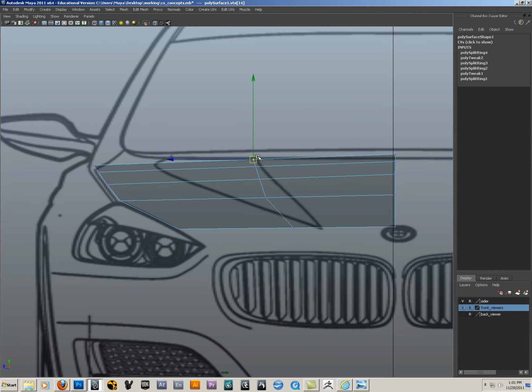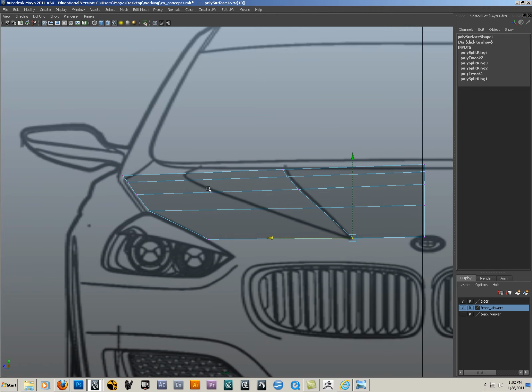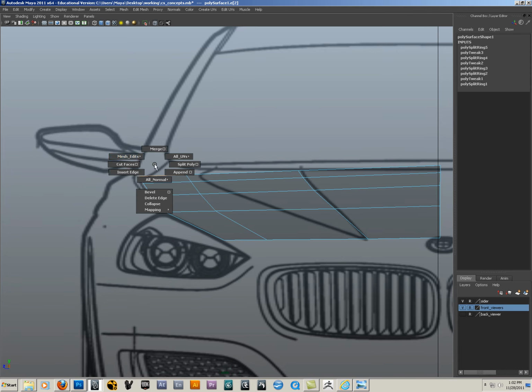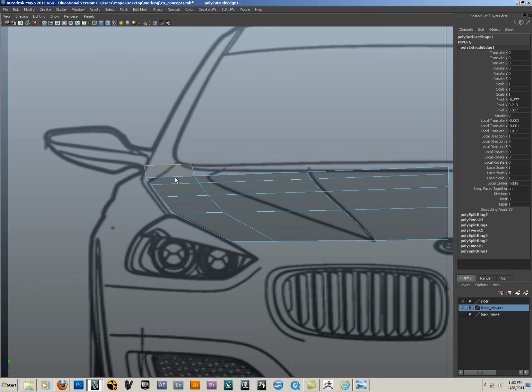Because of the line of interest, I know there's an action going on here, so I'm going to just follow it and break this contour to match that line of action. Like that. I'm going to insert another one so that I can break this information right in here. I'm going to take that edge, extrude it out,